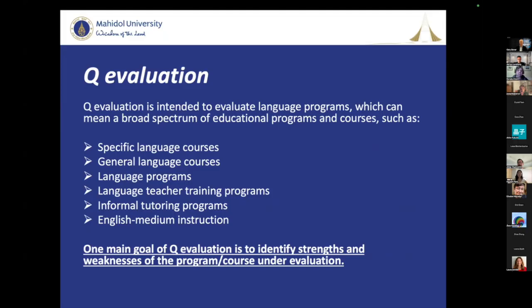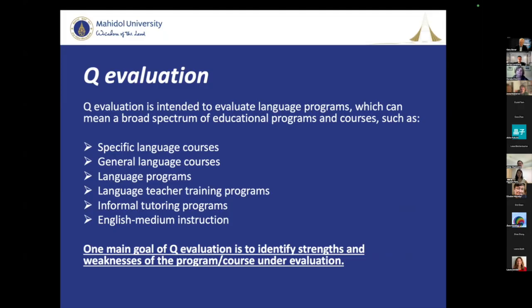And I did introduce the term called Q evaluation. When Q is used as a tool for program evaluations, I use this term Q evaluation, which is the term I use in this paper and my foreign studies. When it comes down to program evaluation in language research, Q can be used to evaluate different kinds of course and program. For example,